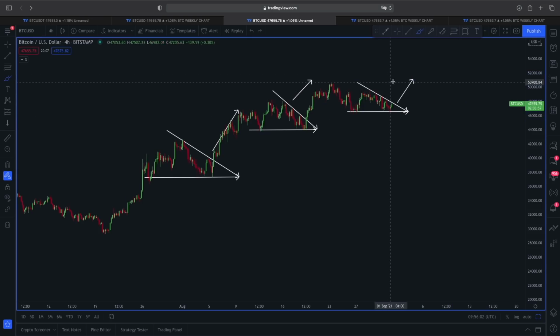I am actually expecting more of a consolidation right now around this price range of 46 to 49,000. Why? Because I am actually going to show you with this one indicator that has now finally flashed the price target for this September month, and this is going to be very interesting. So guys, do not skip this video, watch it till the end. So now let me show you this one interesting scenario that could be playing out here for Bitcoin.